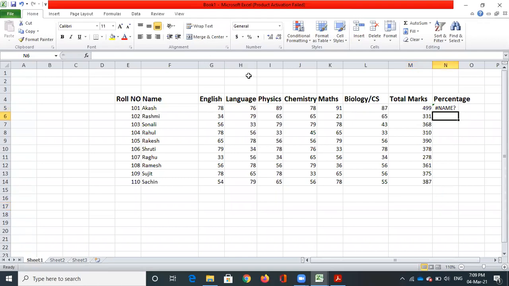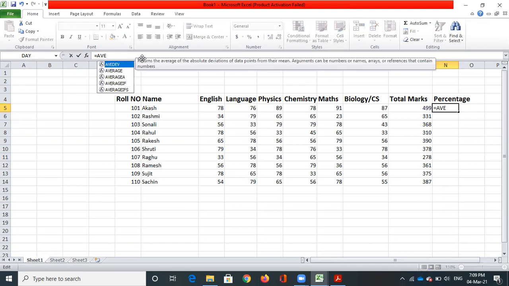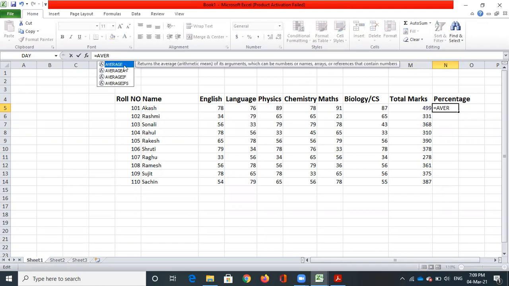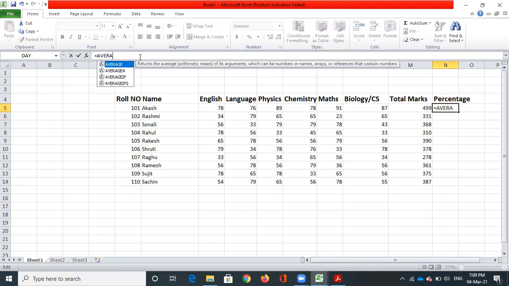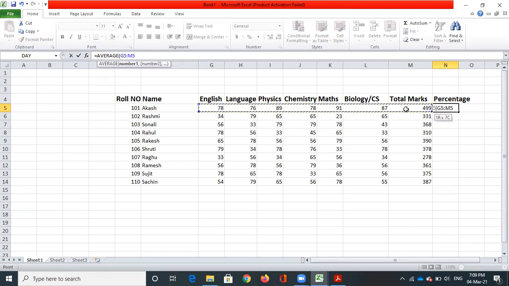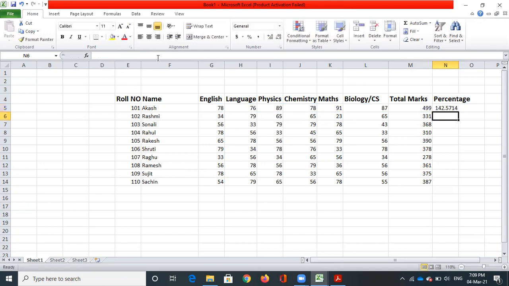Average of, open parenthesis. I want to find the average of all these subjects. So again, I will select the particular cells, we basically call them cells, and then close the bracket and just say enter.